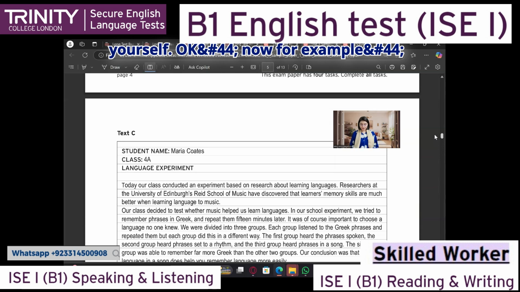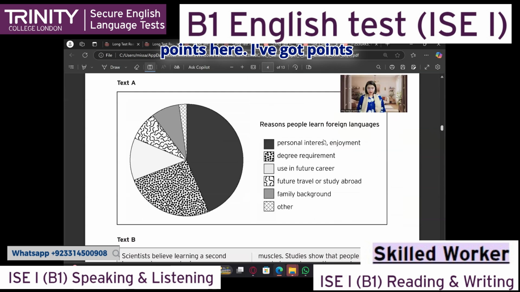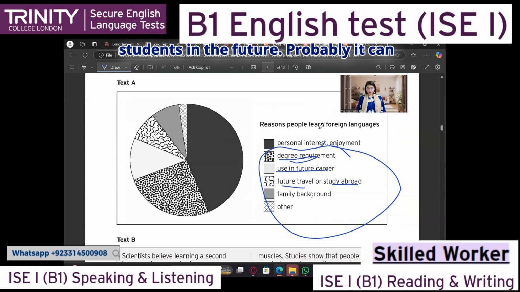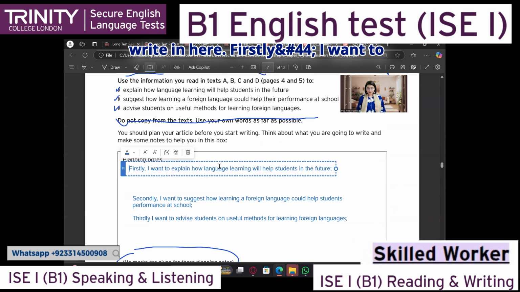For example, the first one says how language learning could help students in the future. For the future, I've got points here, like degree requirement, use for future career, future travel, and study abroad. This is how it can help students in the future. Probably it can also help them to have better enjoyment or personal interest in the future. That depends. Now I'm going to use this information and put it in here. I write, firstly, I want to explain, I will say, it can help students in